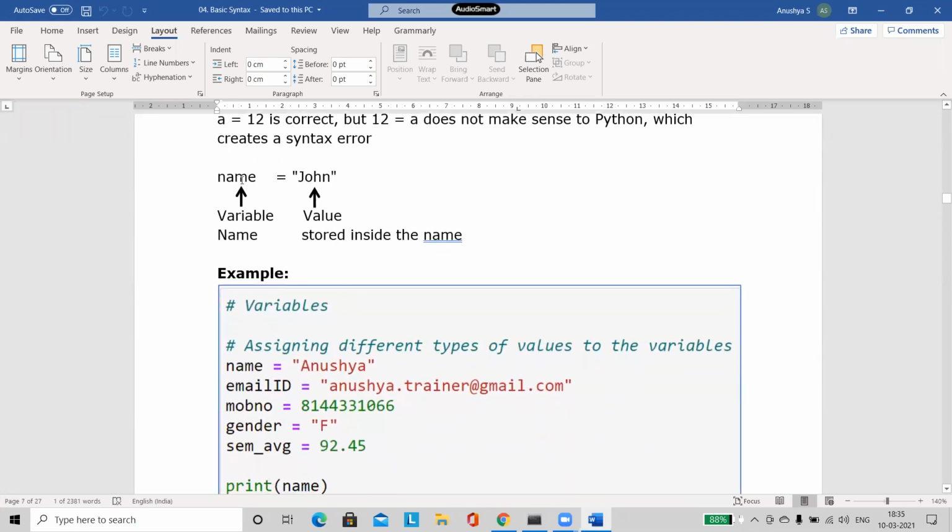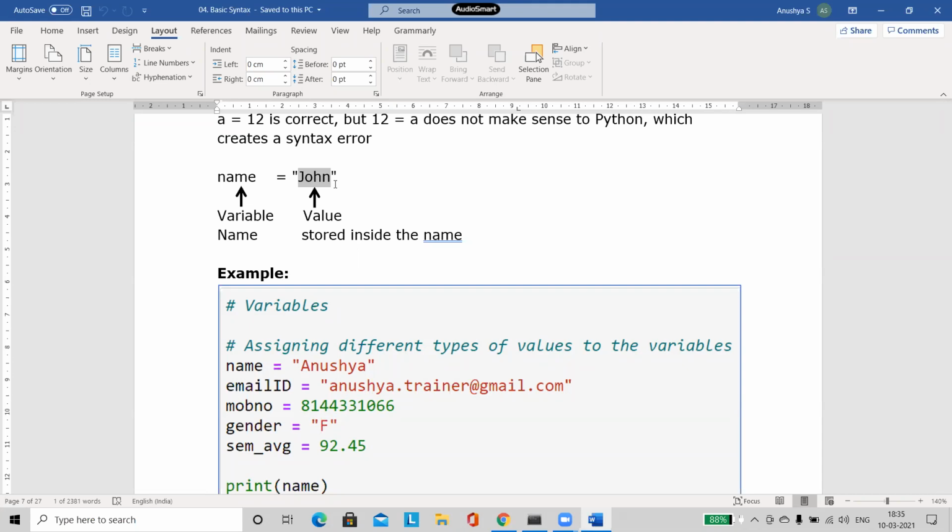other than this, I'm going to create like this. As I told you, every variable is going to have two parts. This is nothing but the name of the variable. This is the value of a variable. So if it is a number, we are going to give it directly. If it is a string value, that is, if it is any alphabets or any group of characters, we have to embed that. We have to put it inside either single quotes or double quotes. We will discuss more on what is the difference between putting a string in single quotes and double quotes.